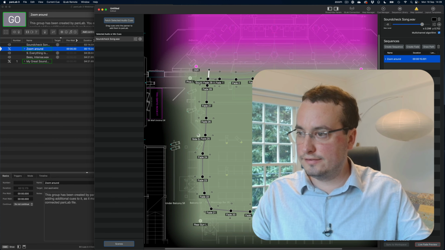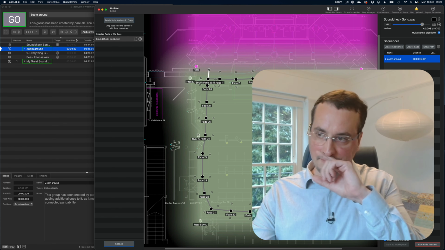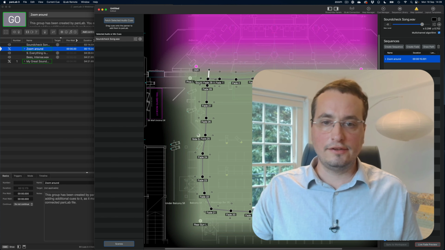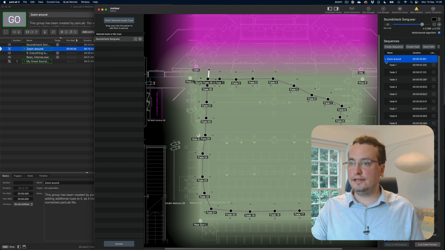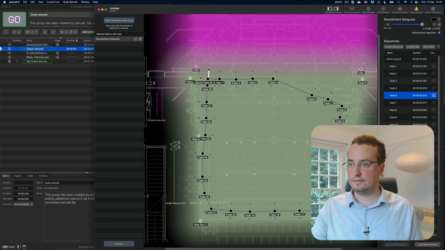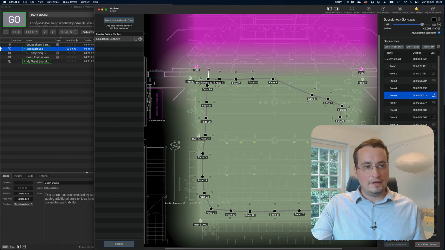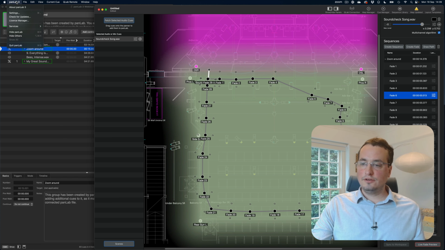Can I simplify a sequence to reduce the number of points and fade cues? Yes, you can. Good question. So first of all, you can delete fades from in here. So let's say I wanted to delete fade 5. I could do that. So that's just pulled fade 5 out of there. So I could delete some fades like that. That's absolutely fine. The other option you've got is, which is relevant before you actually start recording it, is if